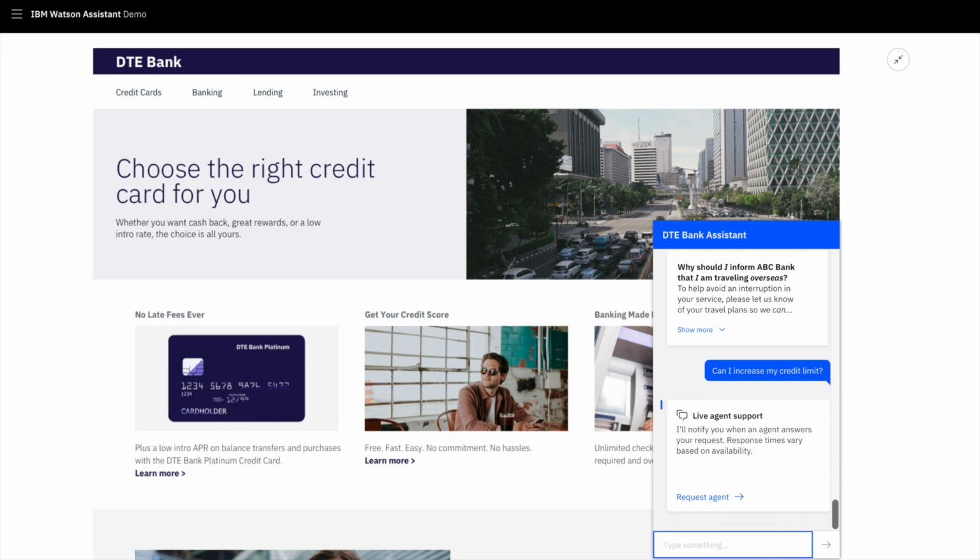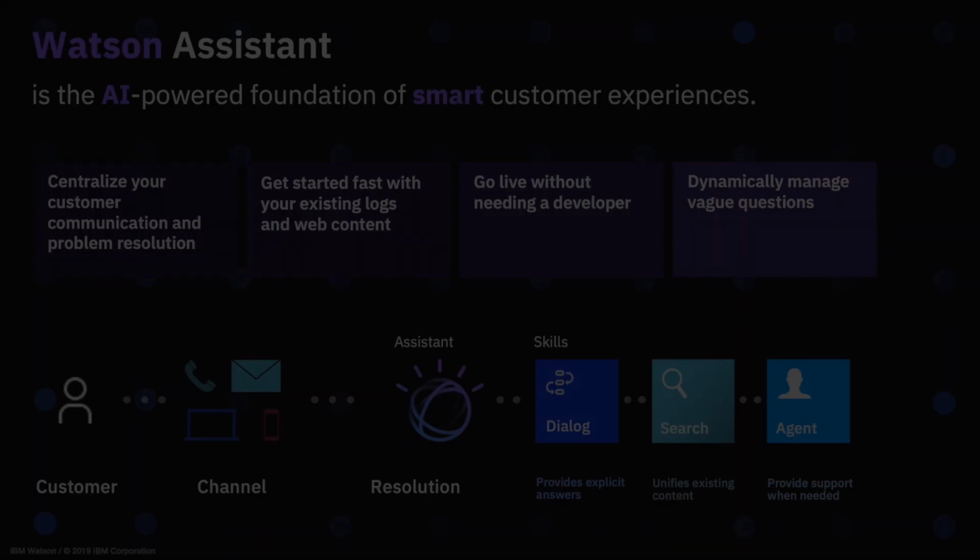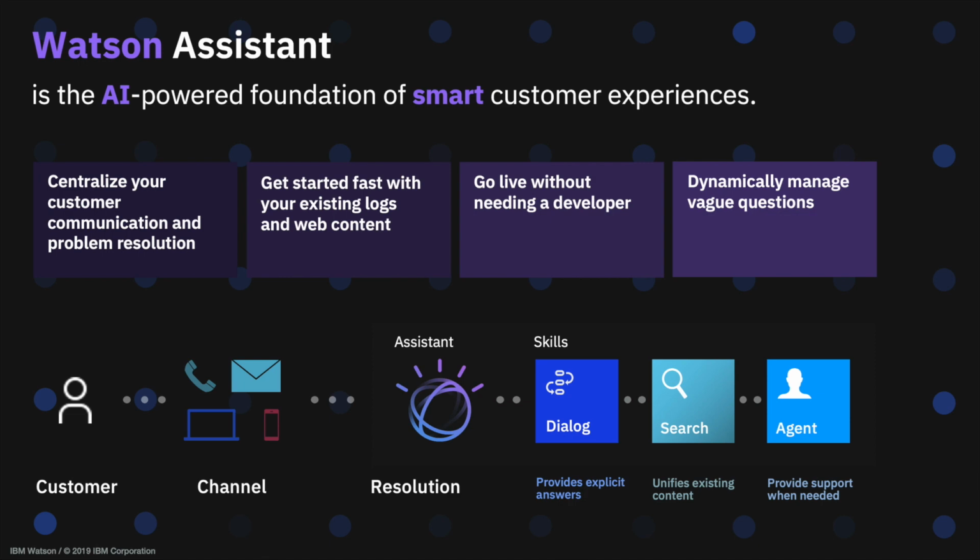And here we're showing that we can always fall back to a live agent. So this will conclude this short demonstration of IBM Watson Assistant and how it can be used to answer customer questions around simple FAQs, to searching back-end content repositories, to moving to a live agent to handle anything else. In the last minute here, I'll just summarize some of the benefits that you get when using IBM Watson